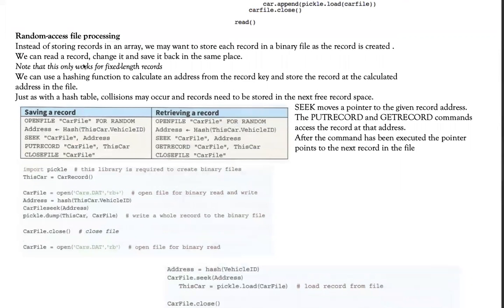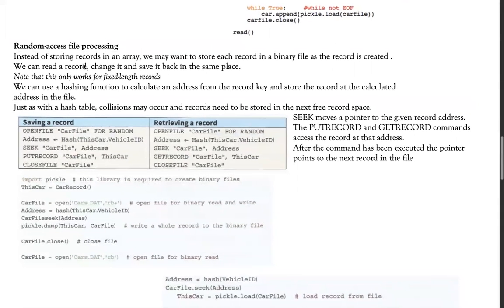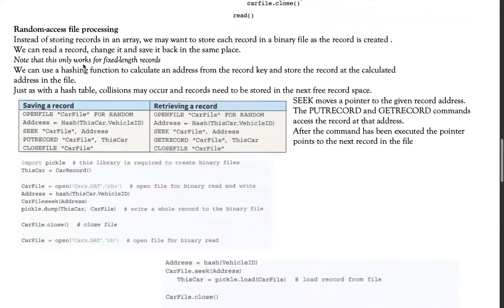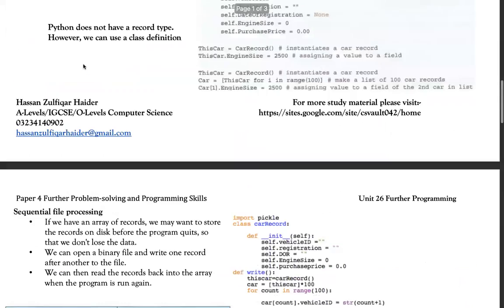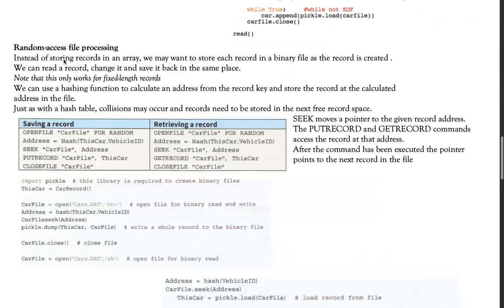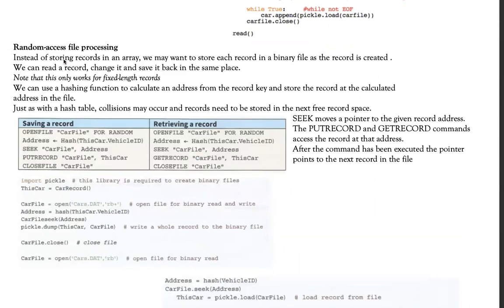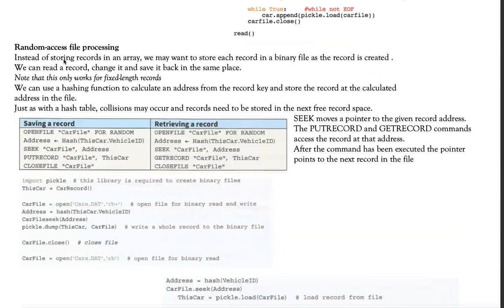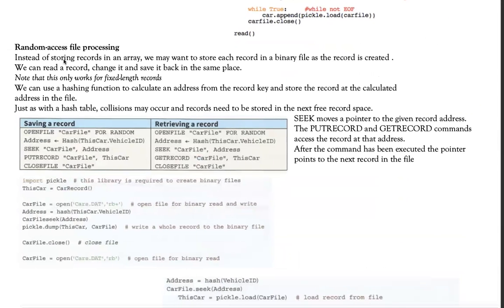Okay, now let's see how random access works with respect to your binary file. We just studied serial access and sequential access. Now let's see how random access works. If you remember, random access means that I'm using a hash function, and I'm passing a key field into that hash function.